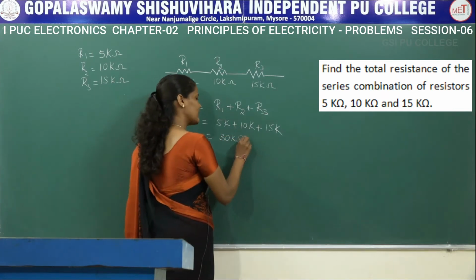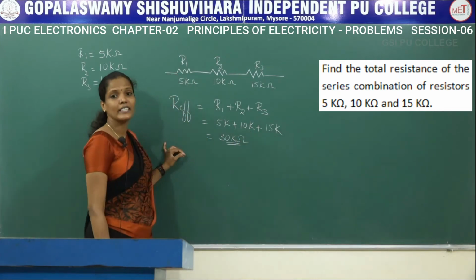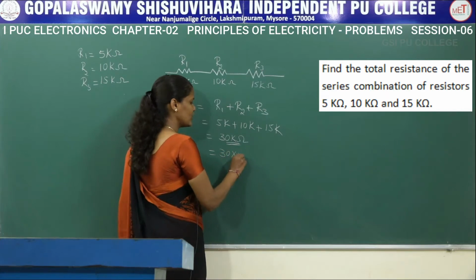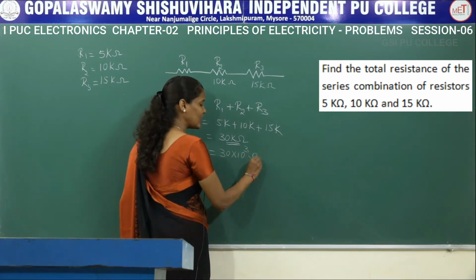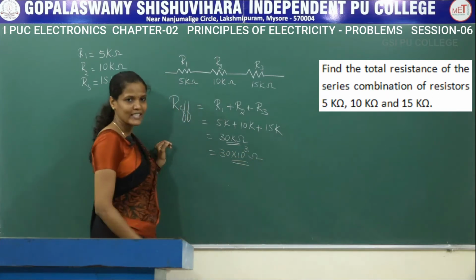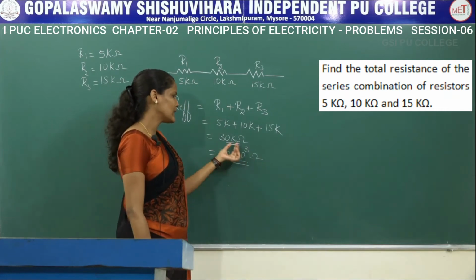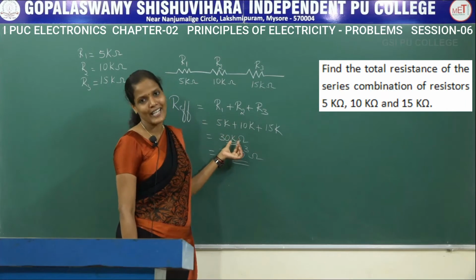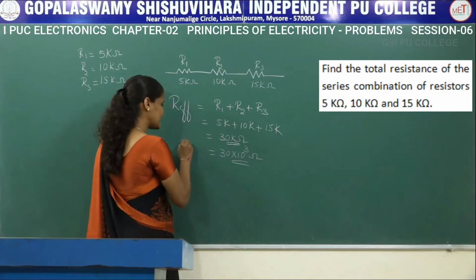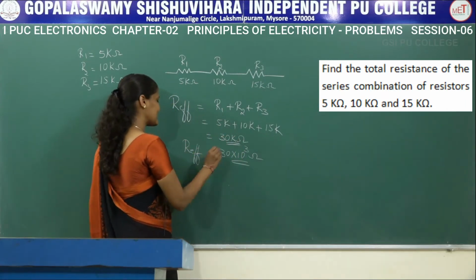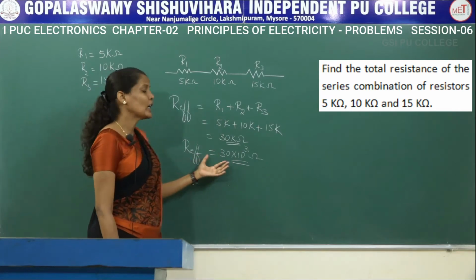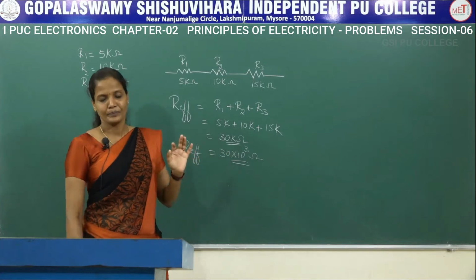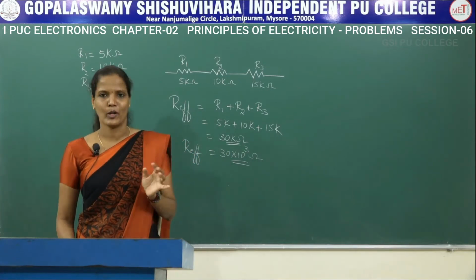The unit for resistance is ohms. So 30 kilo ohms, or you can write this as 30 into 10 to the power of 3 ohms. It is one and the same. 10 to the power of 3 anta bariyo badalu I can just use this letter K, that is capital letter K. So the total resistance of all these three resistors which are connected in series will be equal to 30 kilo ohms. Clear? Now we'll move on to the next problem.